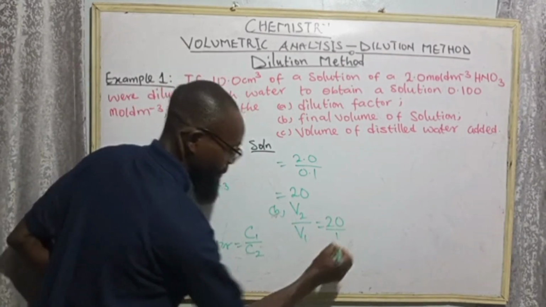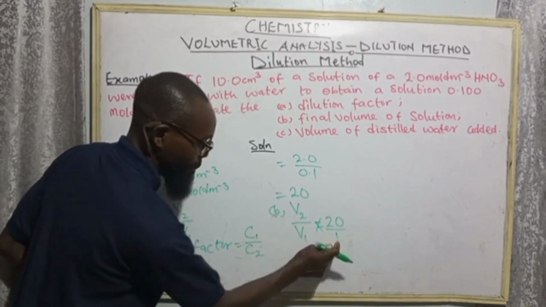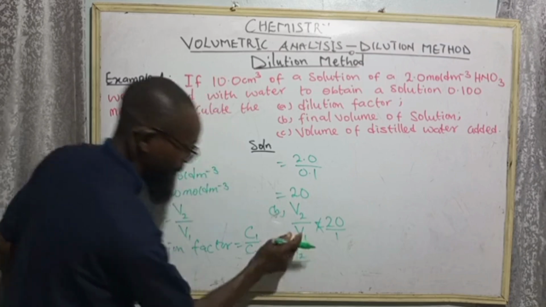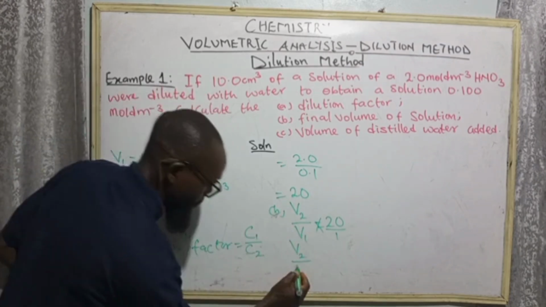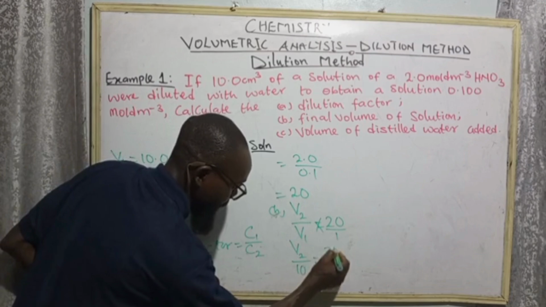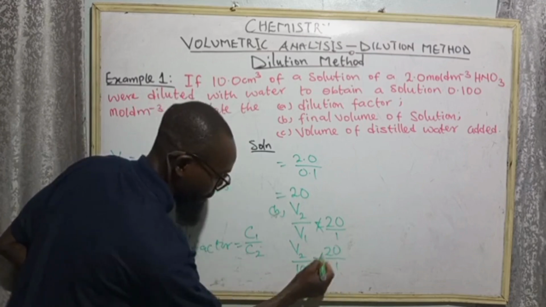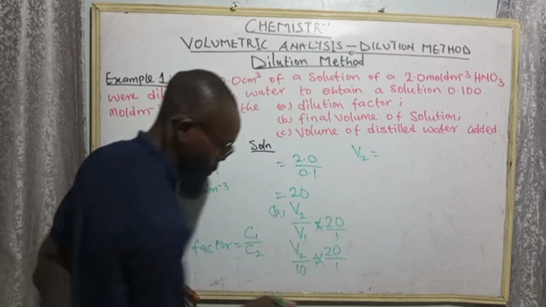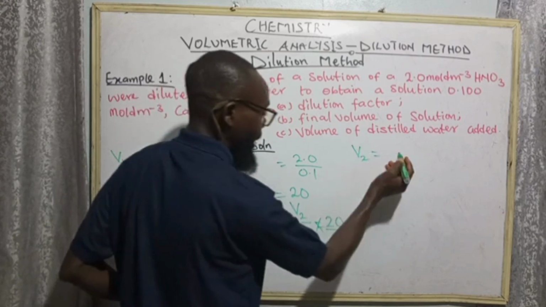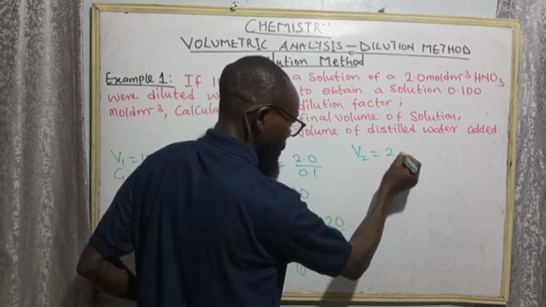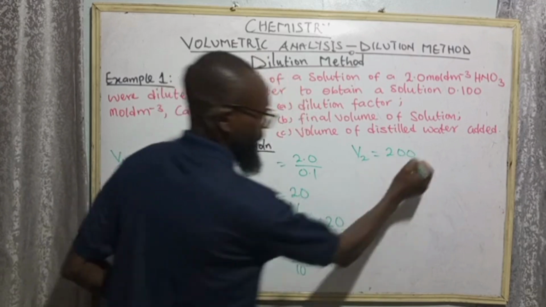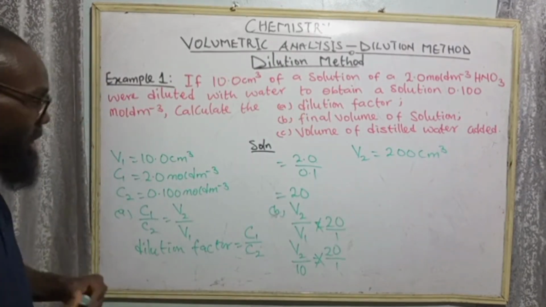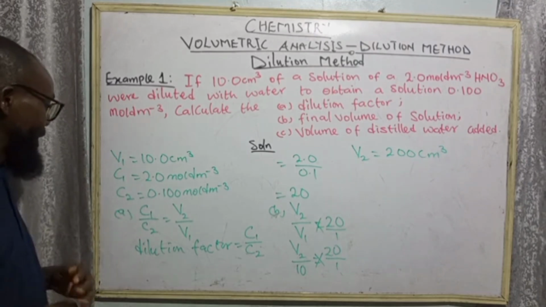Let's say over 1, cross multiply, V2 times 1. So V2 divided by my V1, which is given here as 10, equals 20 over 1. So cross multiply, V2 times 1, I have V2 is equal to 10 times 20, I have 200 centimeter cube. So the final volume of this solution is 200 centimeter cube, while the initial volume here